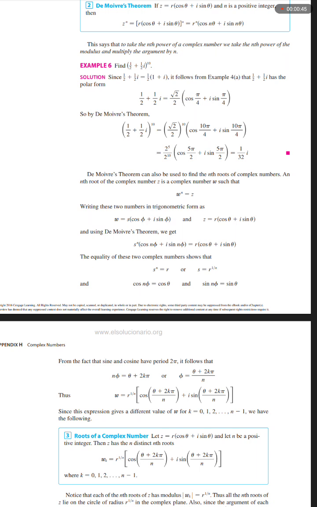So by De Moivre's theorem, (1/2 + 1/2 i)^10 equals (√2/2)^10 times (cos 10π/4 + i sin 10π/4) equals 2^5 over 2^10 times (cos 5π/2 + i sin 5π/2) equals 1 over